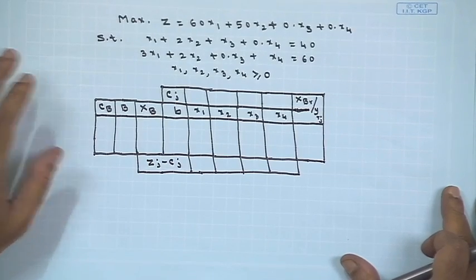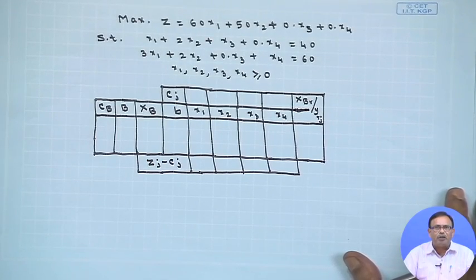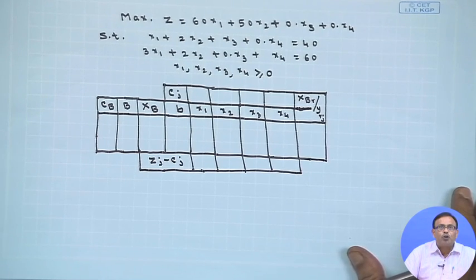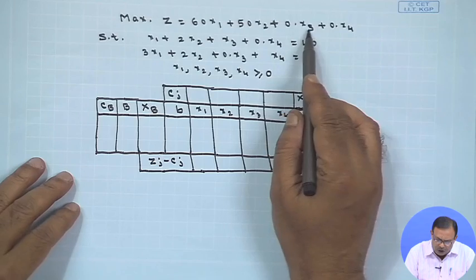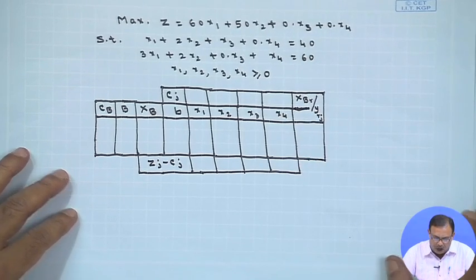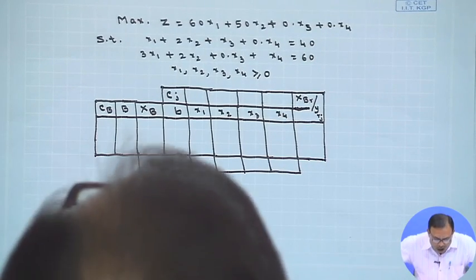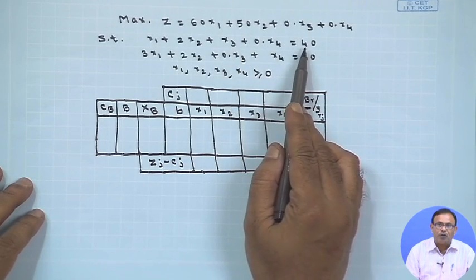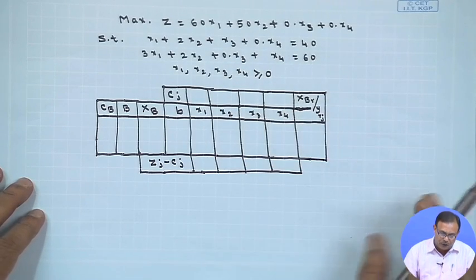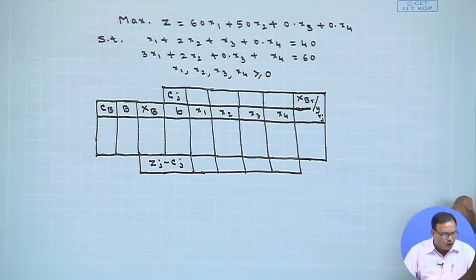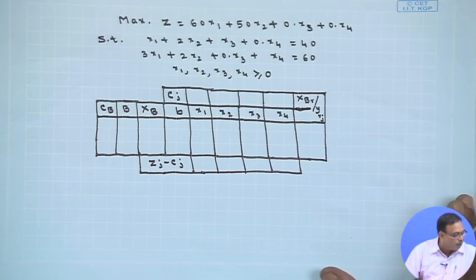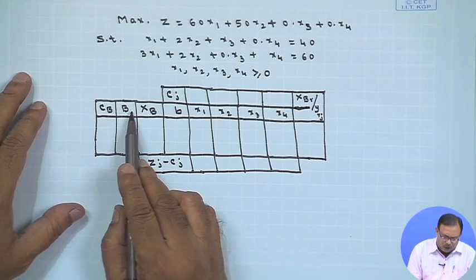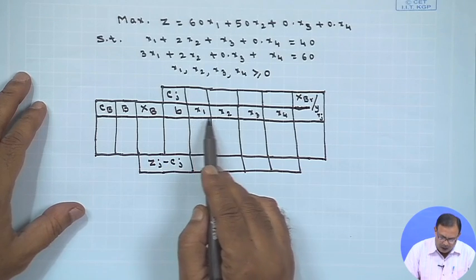Suppose you have a function, I have to maximize z equals 60 x1 plus 50 x2 plus 0 into x3 plus 0 into x4. I will come to why I am writing this one. Subject to these constraints, the constraints always should be equalities. So, we represent it in a tabular form like this,